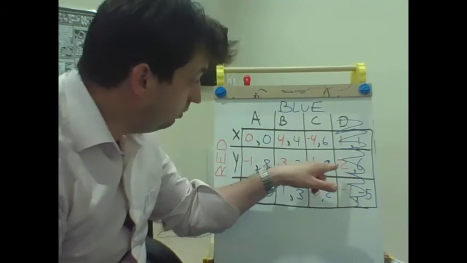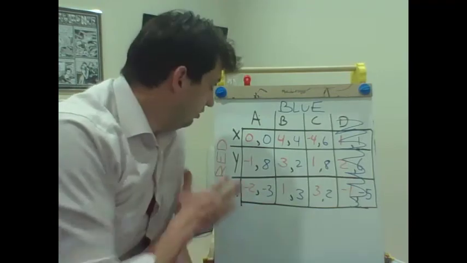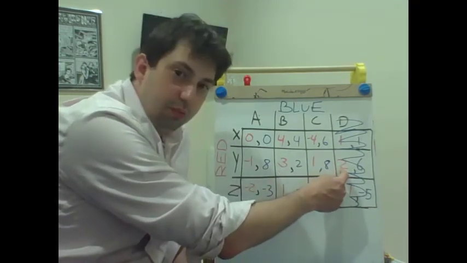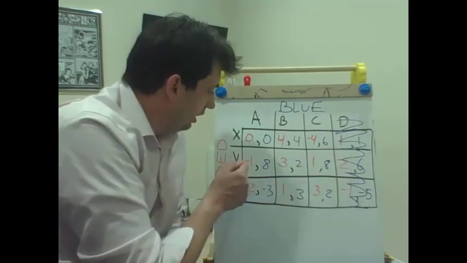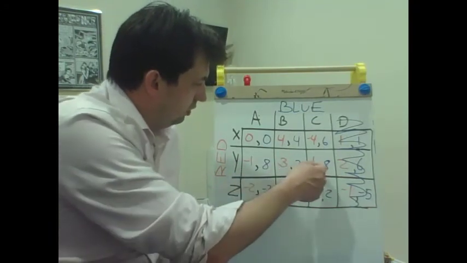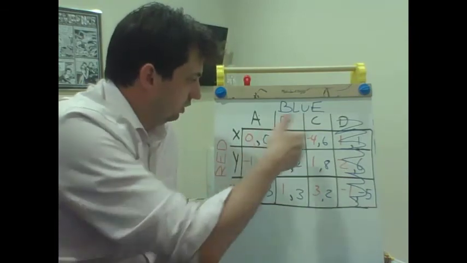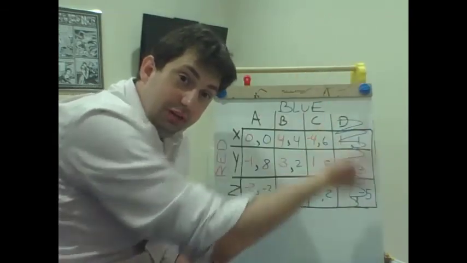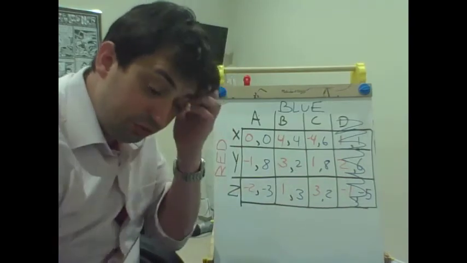Well, now that we've eliminated that, the only reason red would choose Y is because of this outcome, right? This is the only time where 2 is better than 1 or -1. This is the only time red would ever choose Y, because otherwise we're looking at -1 here, 3, which is less than 4, 1, which is less than 3, -1, which is less than 0. So the only Y is for this thing that will never happen. Thus, Y is now a terrible strategy. Let's cross that one out too.